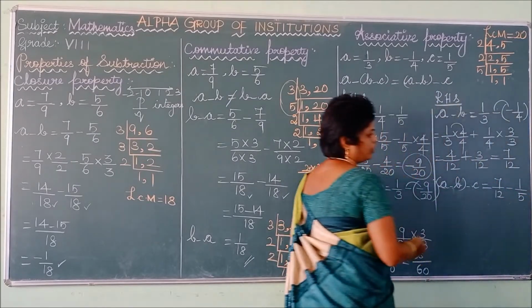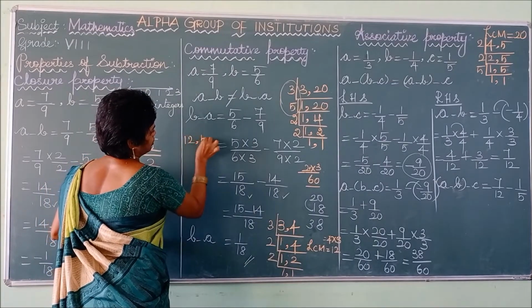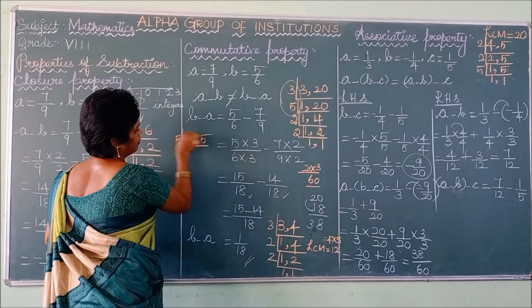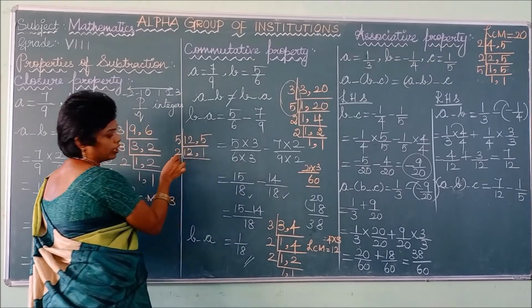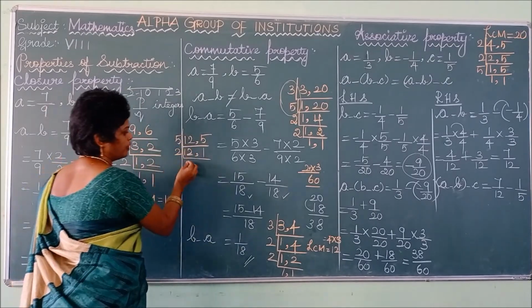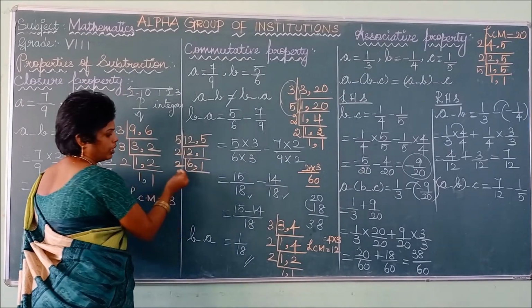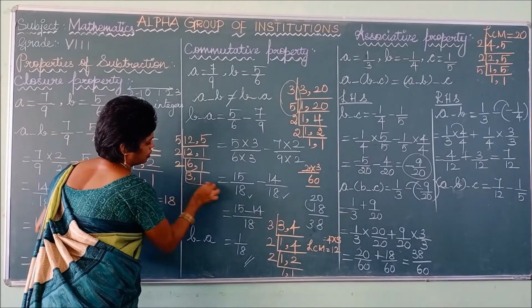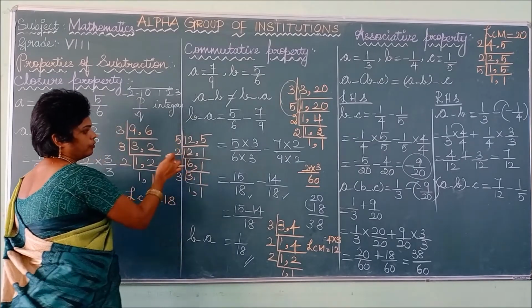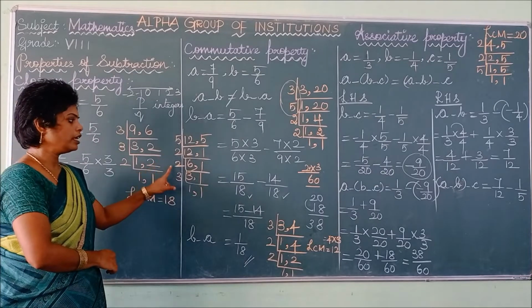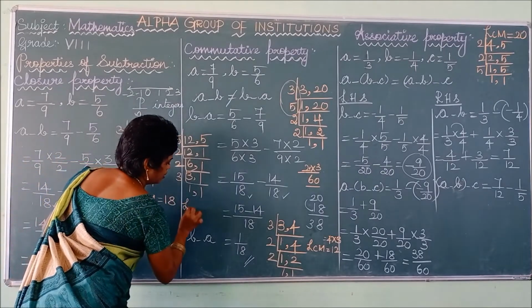So 12 and 5 are different. You can take LCM for 12 and 5. So 5 comes in 5 table one time. Then you can use 2 table because it is an even number. 6 times. Again you can do it with the 2 table 3 times. So if it is 3 table, 1 comma 1. You can multiply. 5 twos are 10. 10 twos are 20. 20 into 3 is 60. Here the LCM is 60.